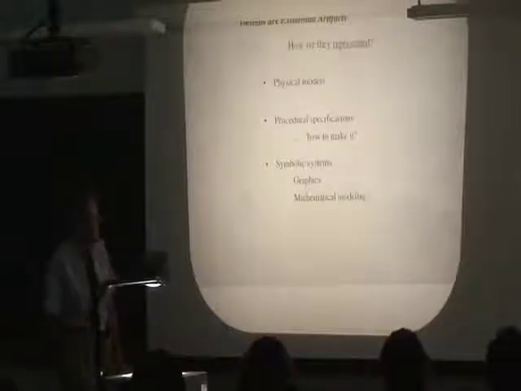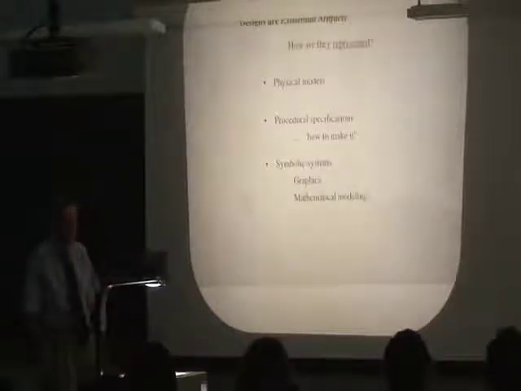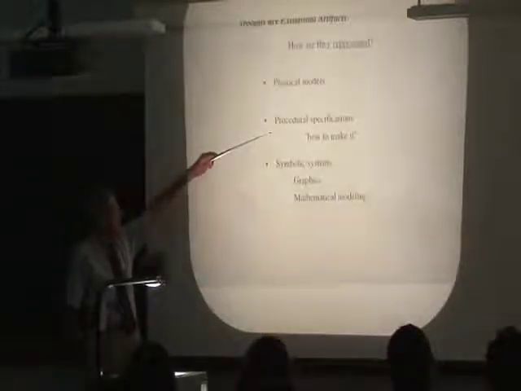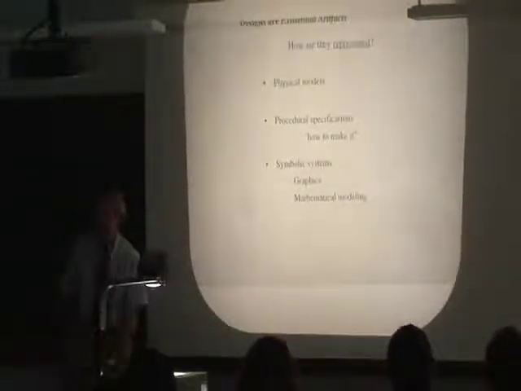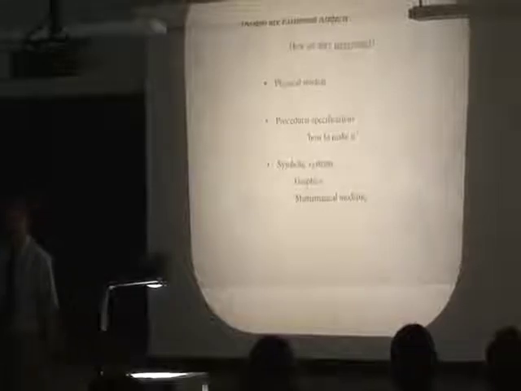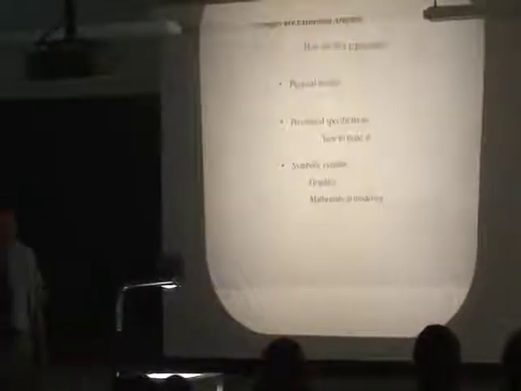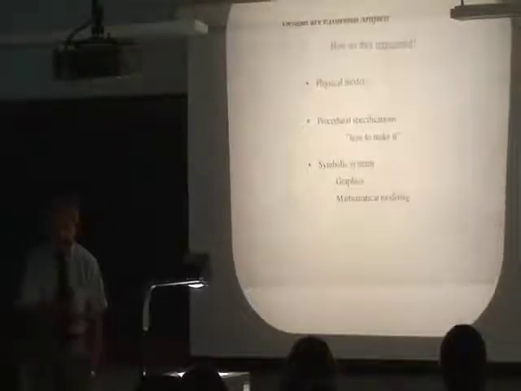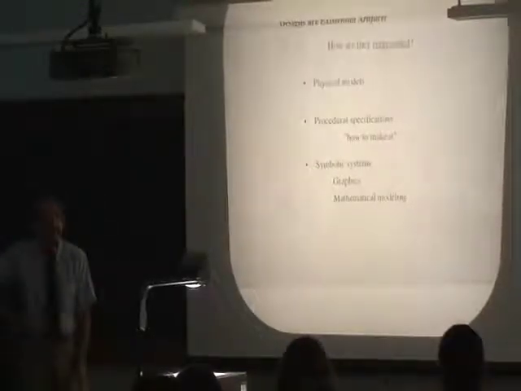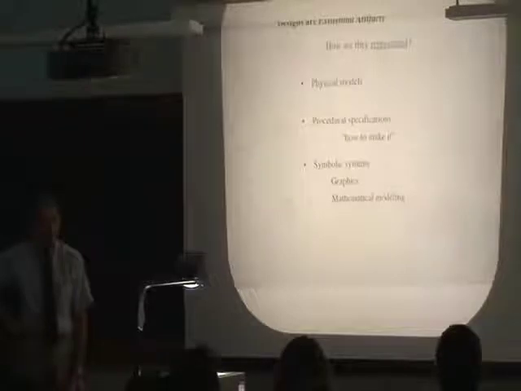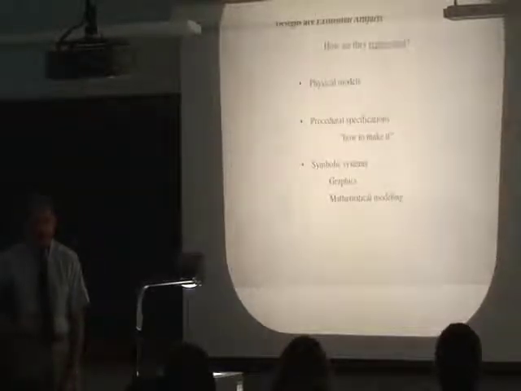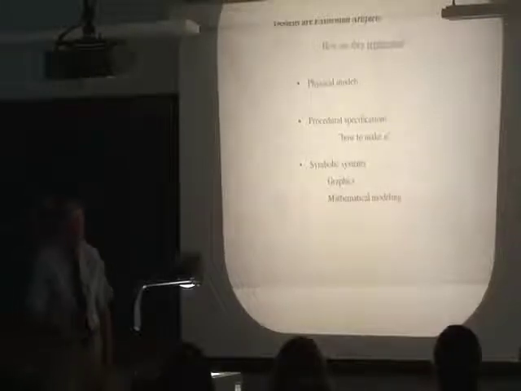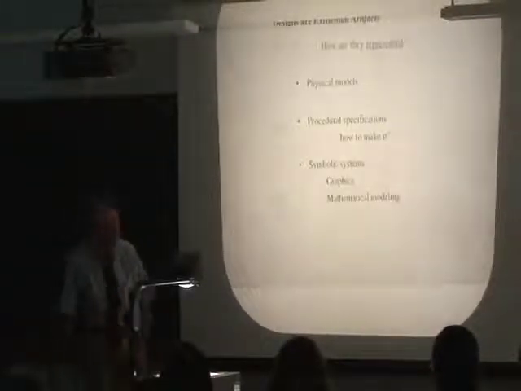Models wear out. If they're wood, they're subject to humidity, and so on and so forth. Procedural specifications. So don't describe the thing, describe how to make it. Get yourself a piece of wood and saw it off here, and then do some planing there, and then drill a hole. That's okay, as long as whoever is to make it can get the same sort of piece of wood and has the same set of tools to do the same sort of machining you have.